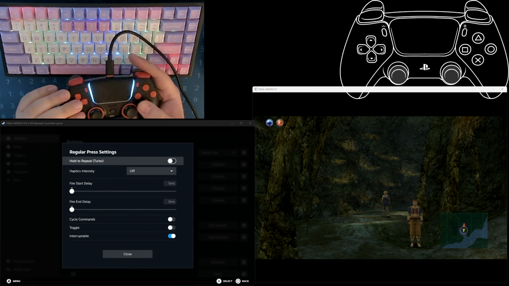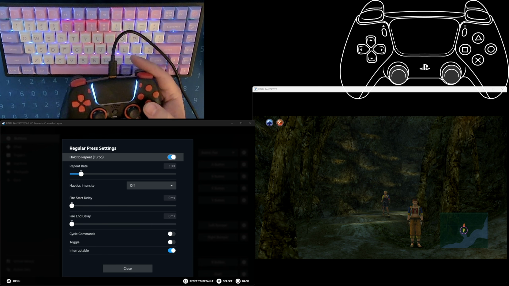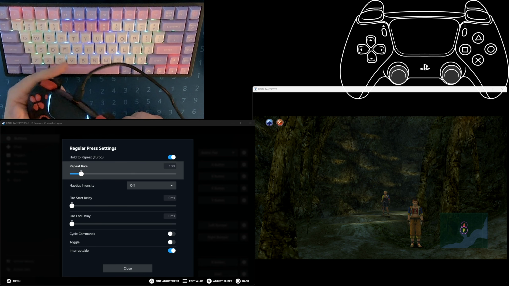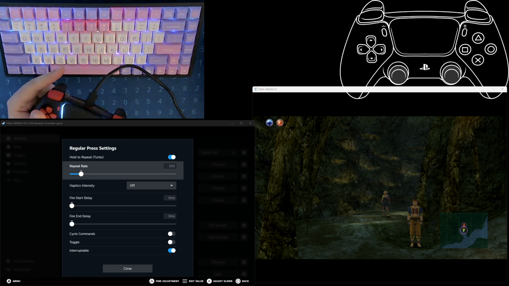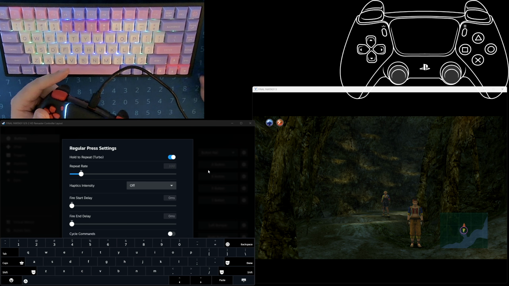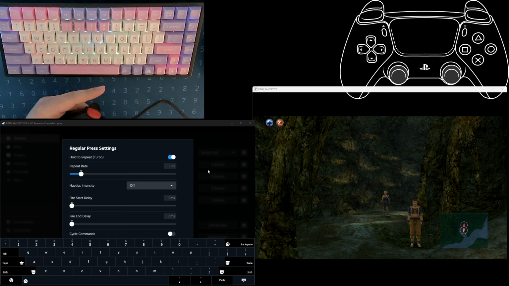Regular press is fine. Go to settings, and then you want to switch this one on. And now this is a turbo button. The next thing you need to configure is the repeat rate, and this is the number of milliseconds for it to activate. So the default value of 100 means basically it's like a 10 Hertz mashing rate, like every 100 milliseconds the